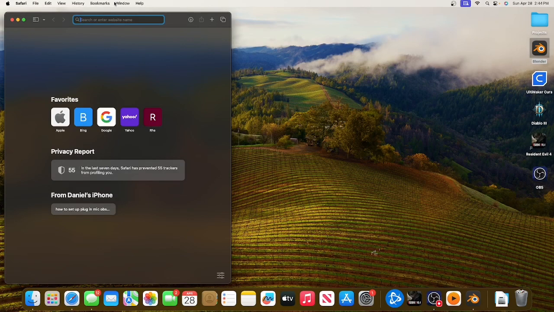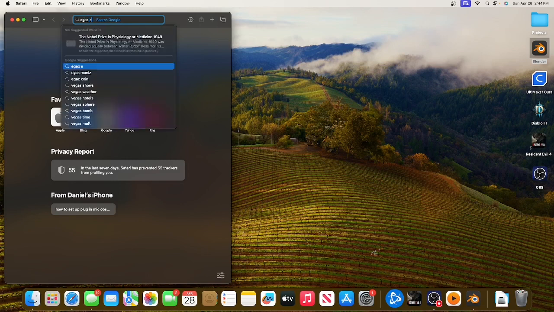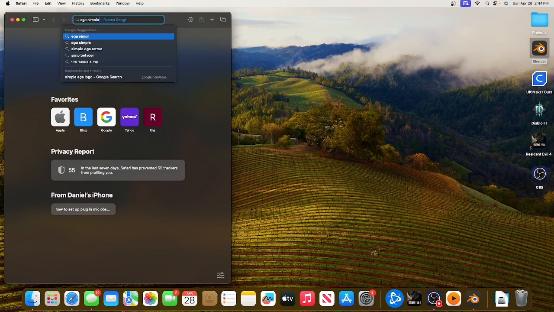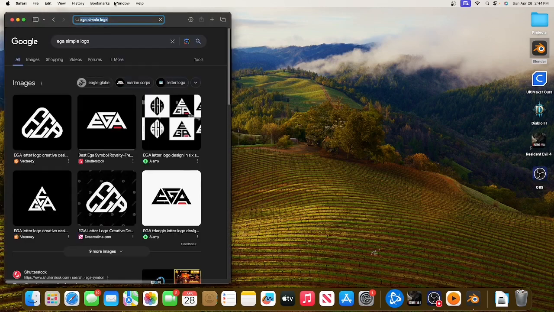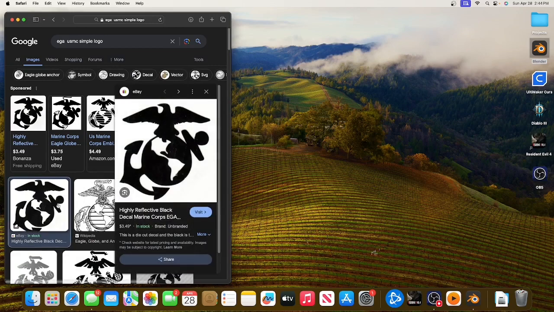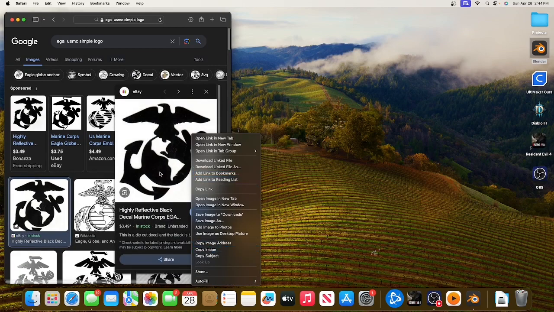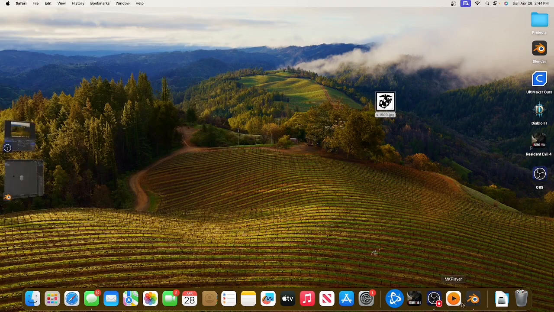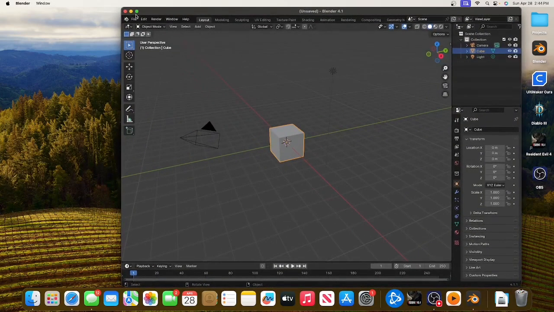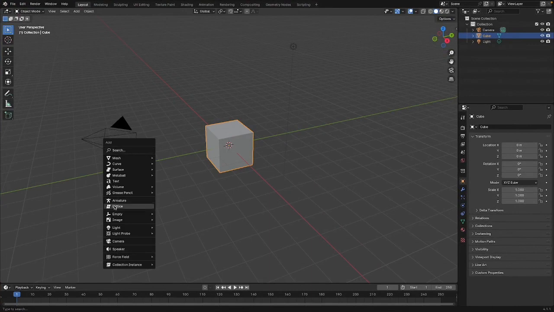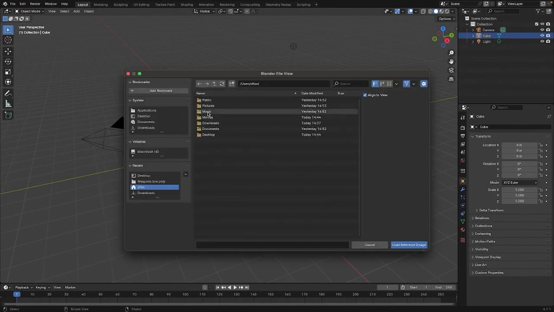So, I'm going to do EGA simple. So you can do any simple logo. Alright, go to images. I'm going to do this one right here. So what we're going to do is save the image, go to Blender. Alright, so we're going to do Shift A, we're going to go to image, reference, and then